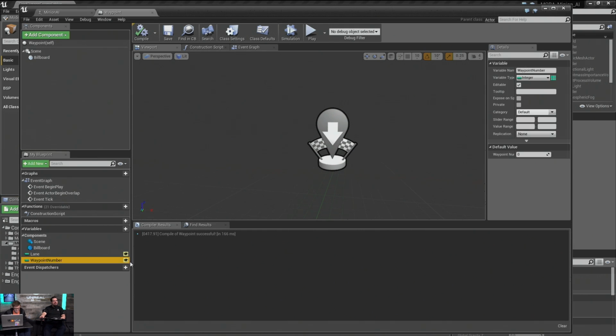So we have our lane and our waypoint number. We're both going to start at 0, and that's really it for this thing. We don't need it to know anything else or do anything else. If you're curious about limiting stuff, this is not something we normally do, but we can limit the range of this value. We know we only want 3 lanes, so we're going to go ahead and limit to 0 and 2.